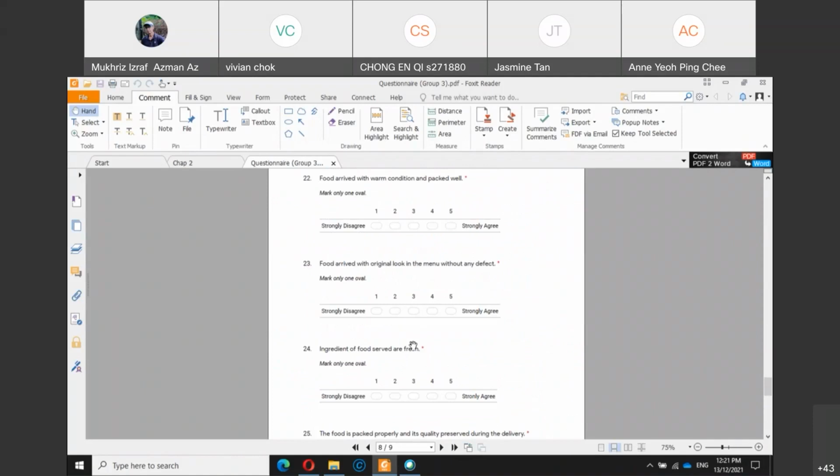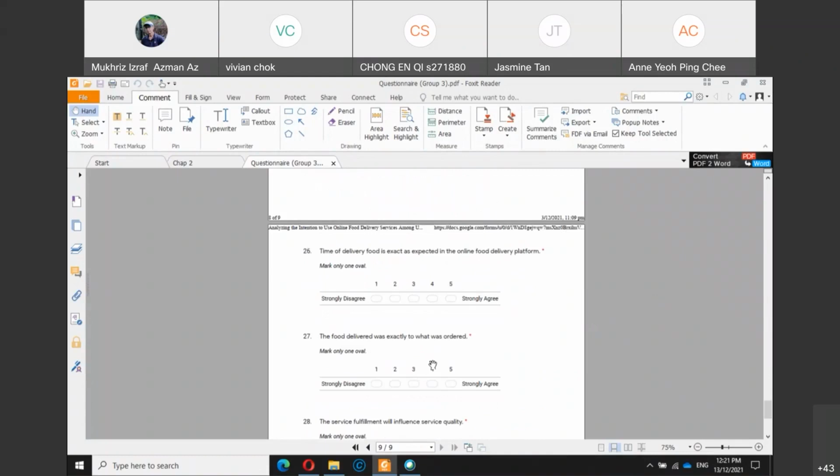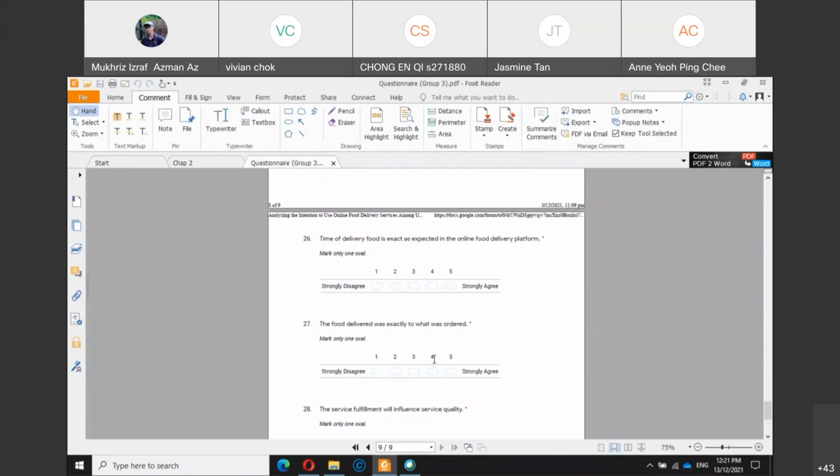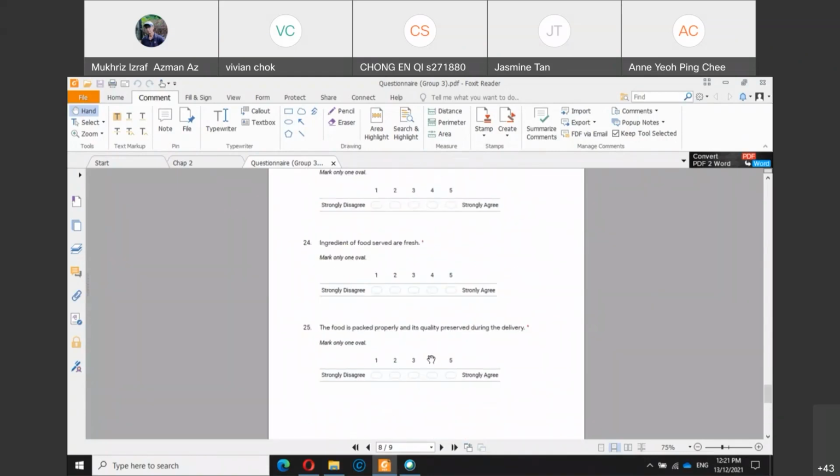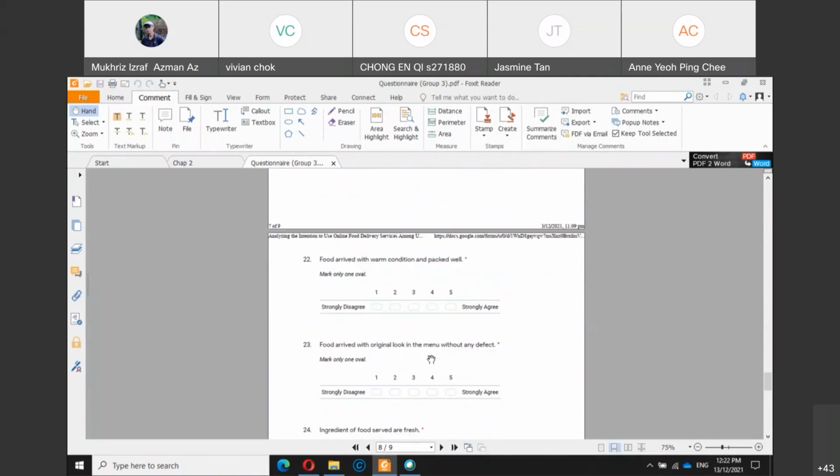So that's why it goes back to my question. How are you going to determine, if your focus is students living on campus, where you get the information from? What is the population size of students who are currently on campus right now? If your focus is anyone from Universiti Malaya, then